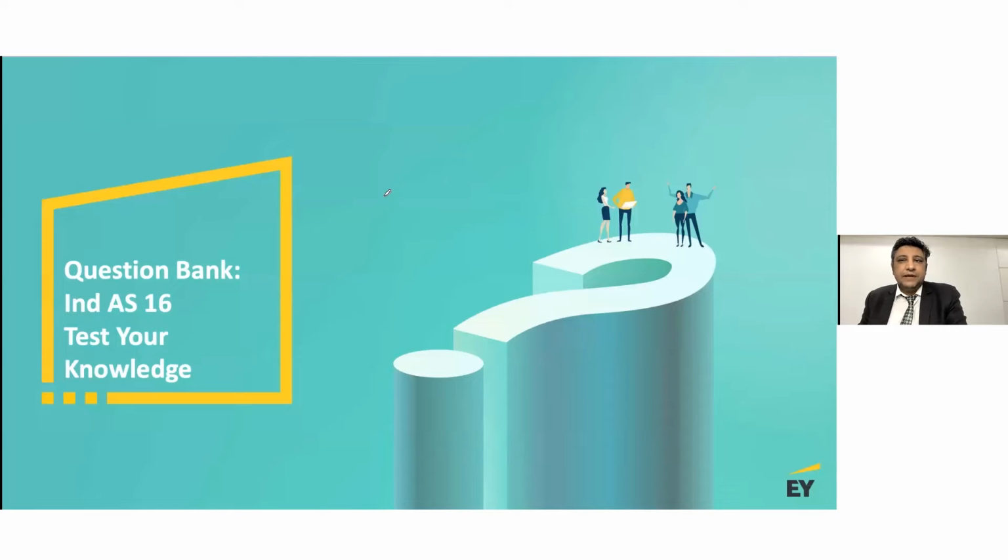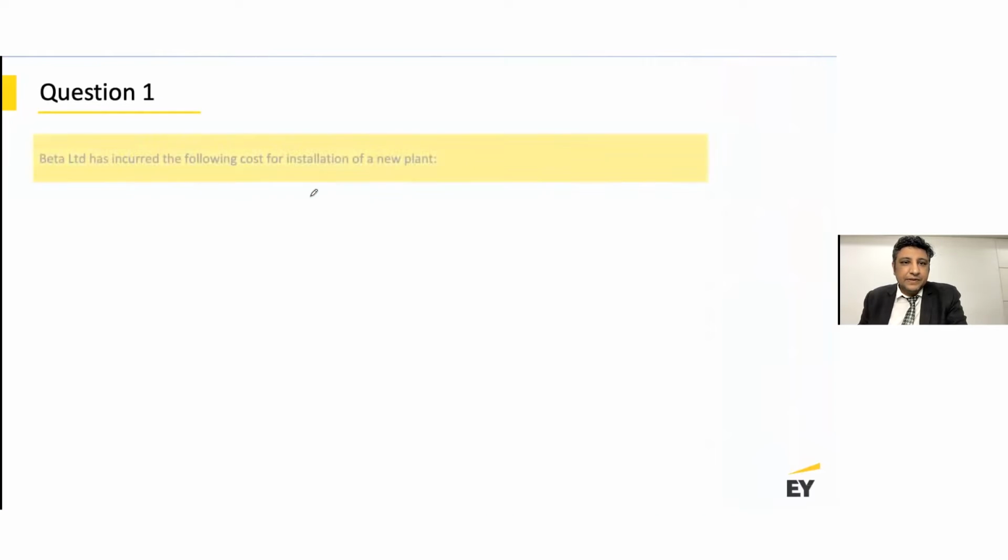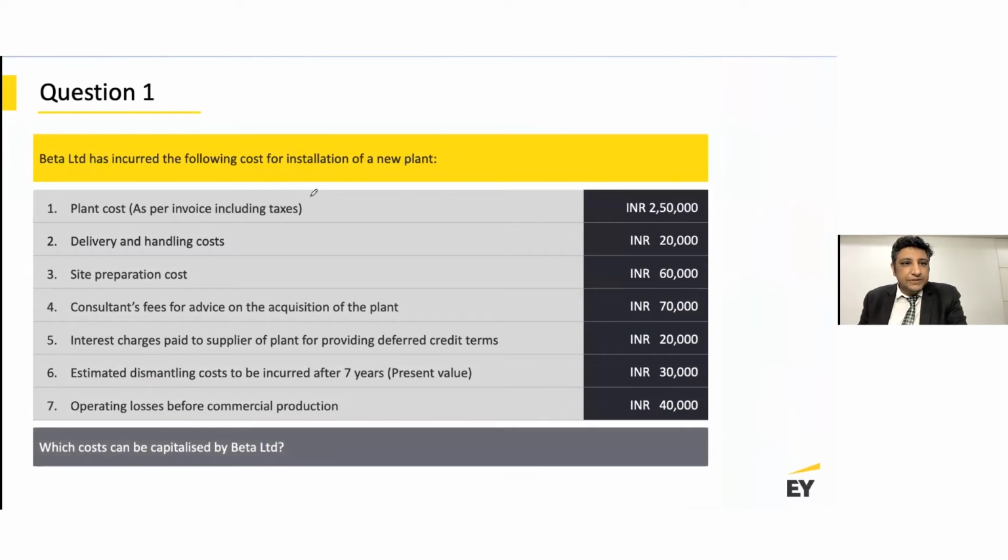Hi everyone. We've learned the concepts under Ind AS 16 property, plant and equipment. We would now like to apply that learning with the help of the questions and case studies. We are provided with this information where it says that Beta Limited has incurred the following costs for installation of